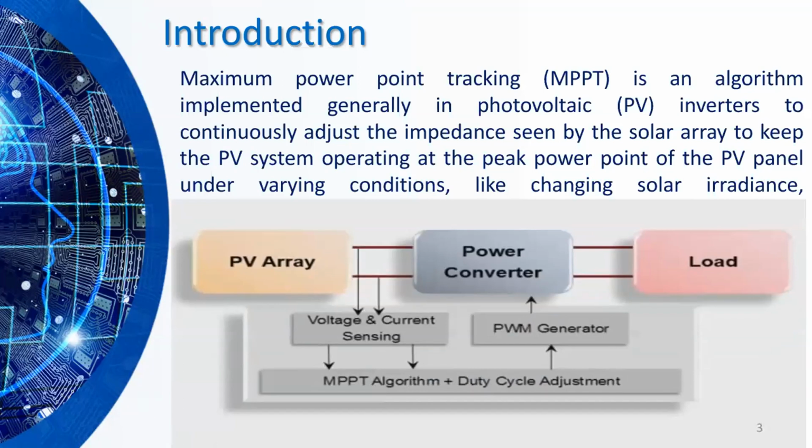So as you see here, we have the PV array, which can be a PV field with different PV modules. We have the power converter, which can be either a buck converter, boost converter, split converter, etc. We have the load, which can be a battery, accumulator, or resistance. We have the voltage and current sensing and the MPPT algorithm, which generates the duty cycle, and this duty cycle is given to the pulse width modulation generator in order to deliver the control signal to the